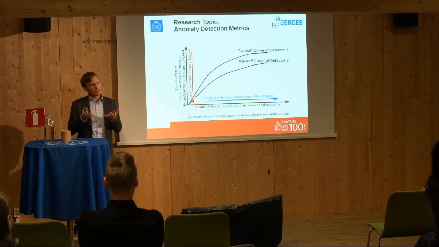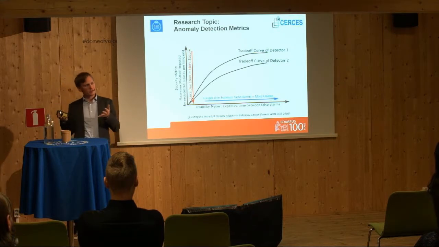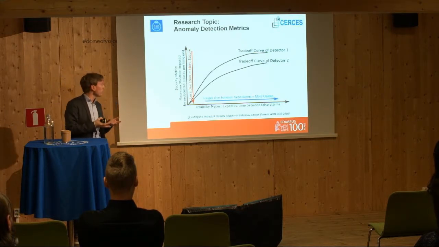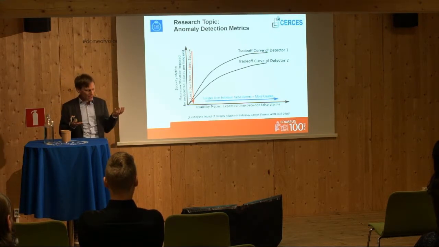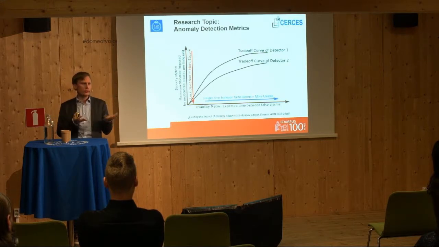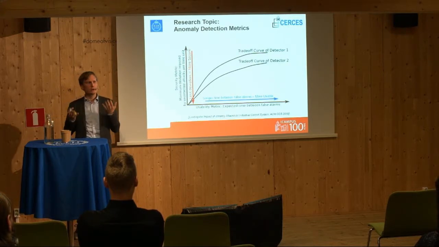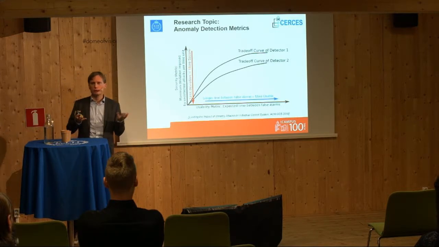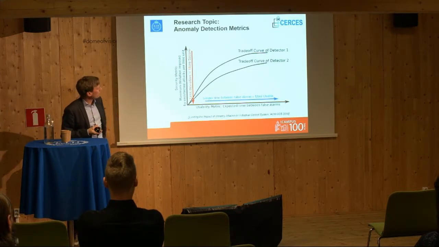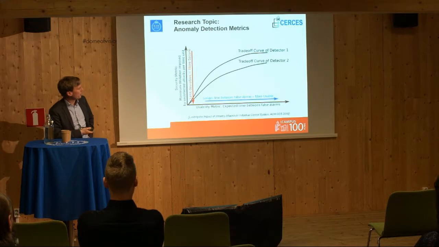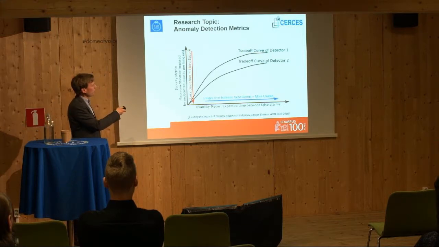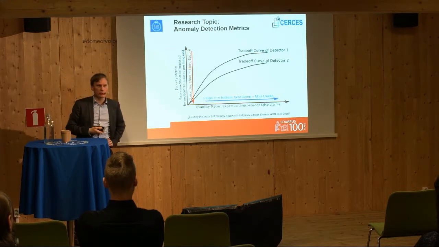These anomaly detectors are quite complicated systems themselves, and there may be many ways to build them, and many parameters to tune in these detectors. So the question is, how do you even compare which one is better for a certain system? This is one of the research objectives we have here. For instance, we compute trade-off curves for every detector, which basically tell us which one is better.